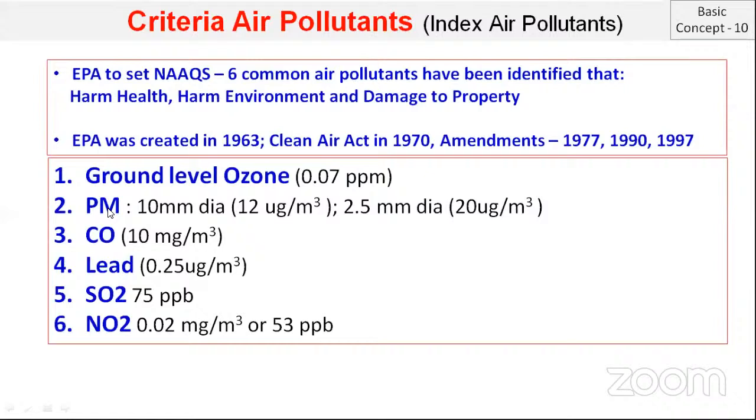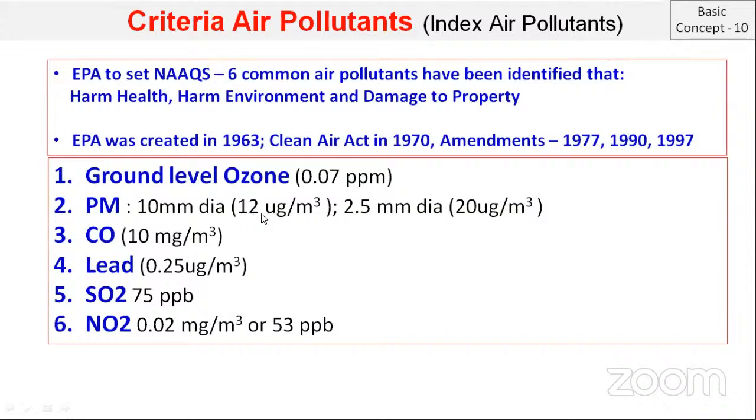Particulate matter, that is the technical name, but generally it is known as dust. Especially suspended particulate matter. Suspended means what? That which is not settleable. The mean mass particle diameter and size is very small, 10 micrometer diameter, very small diameter, and if that is